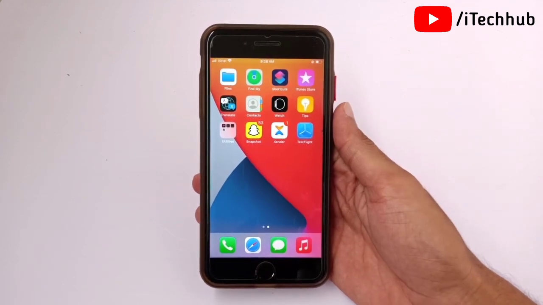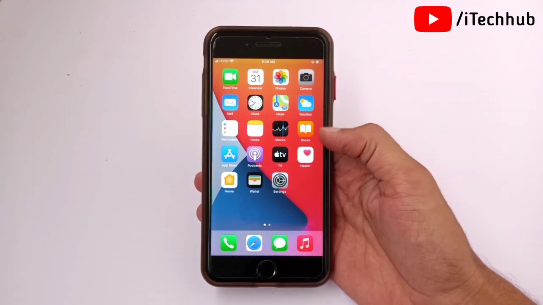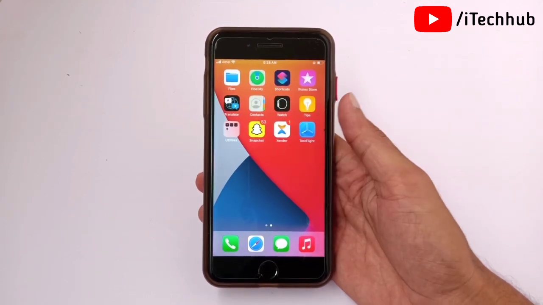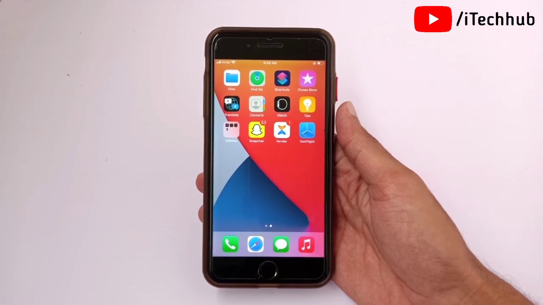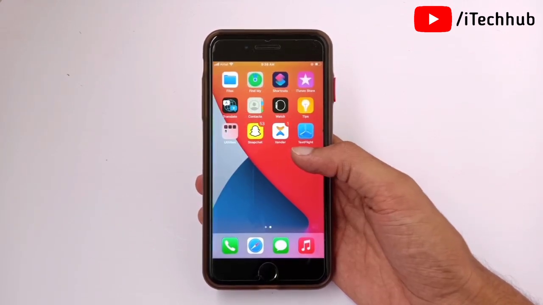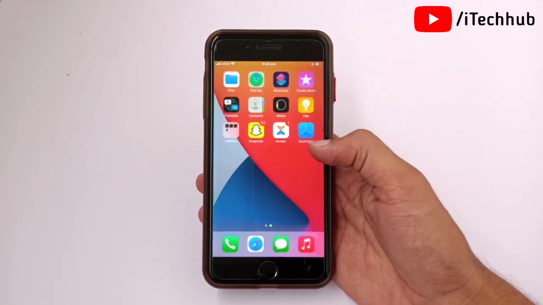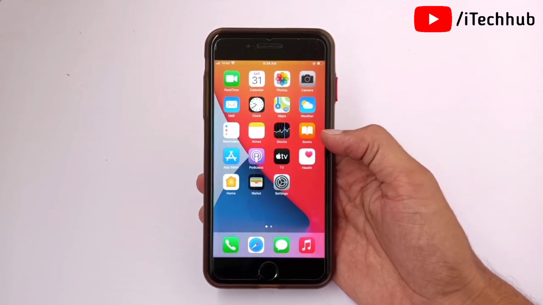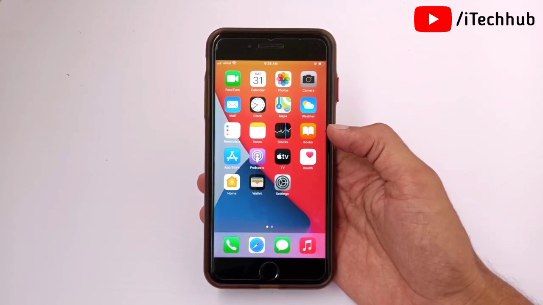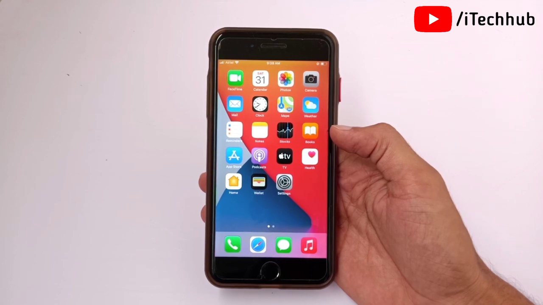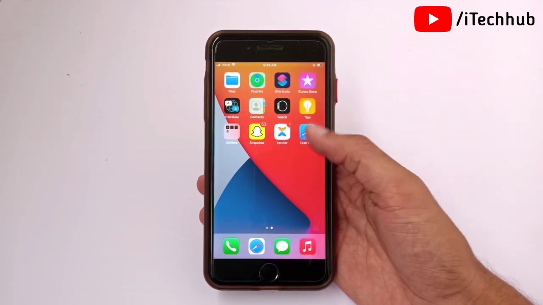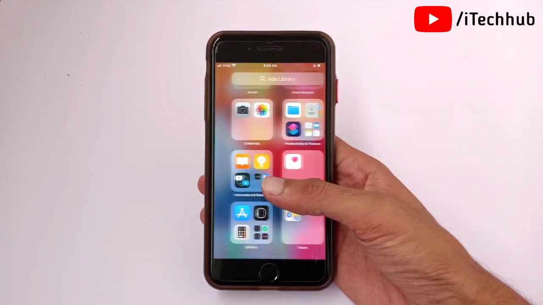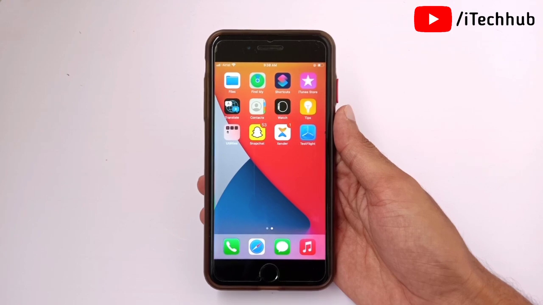So guys, in this video I will show you how to update the Snapchat app on your iPhone and iPad, and also why Snapchat is not working and keeps crashing on my iPhone and iPad. A lot of Snapchat users say that Snapchat keeps crashing on iPhone, and ask how to update the Snapchat app on iPhone and iPad. When I open the Snapchat app on my iPhone and iPad, my account is automatically removed from the Snapchat app and it keeps crashing. So guys, how do we fix that issue on the Snapchat app, and how do we update the Snapchat app on iPhone and iPad?